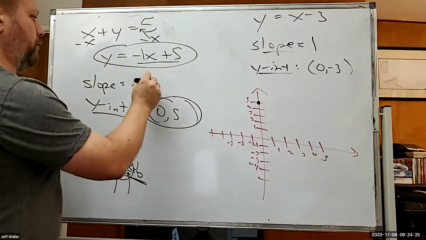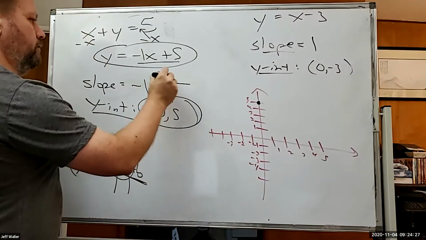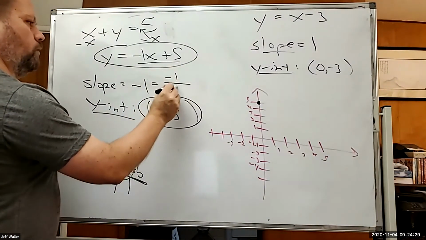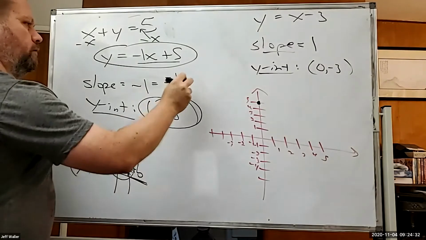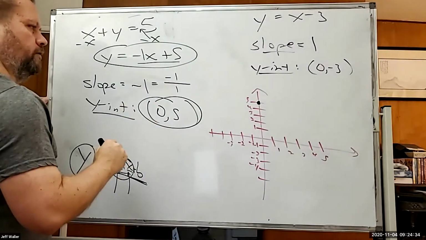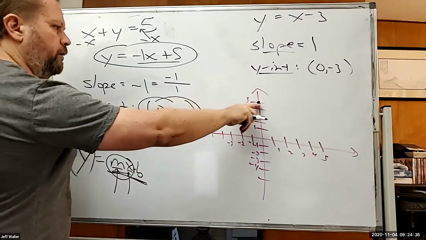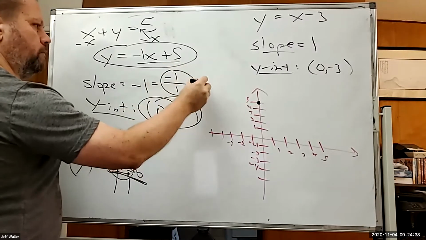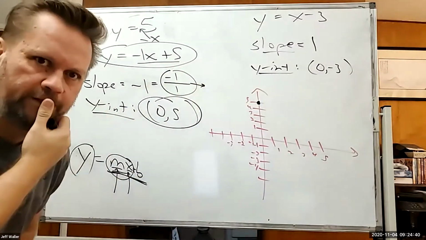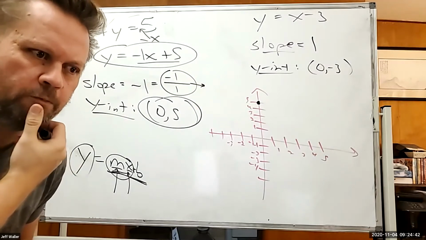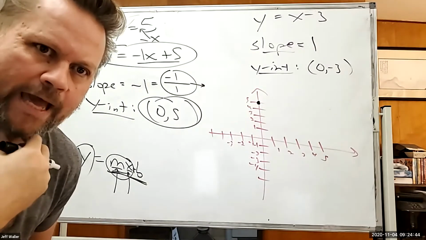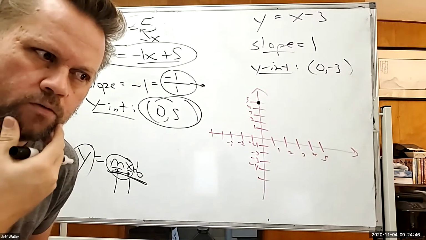What's a better way to write that slope? So how do I move from here according to the slope? What's it mean when the rise is negative? That means I actually go down 1 over